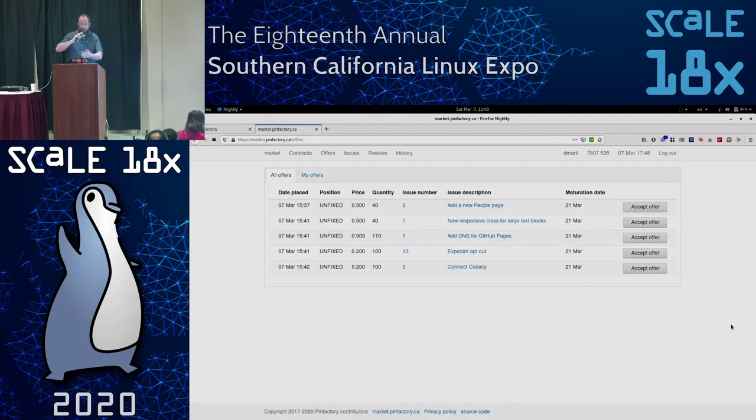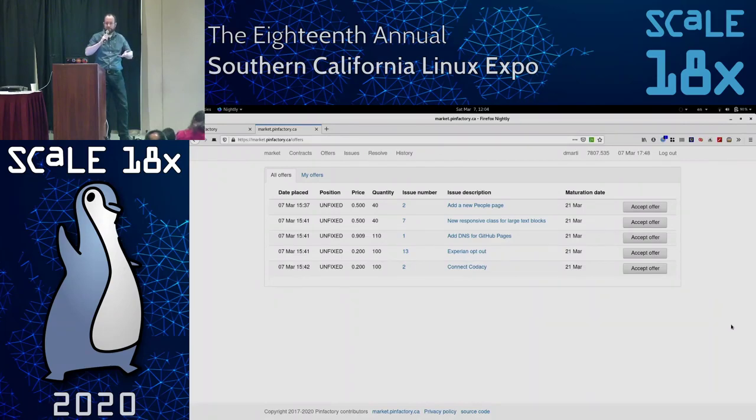All right, so there are multiple offers in the marketplace, and offers can have different prices. Some user might say, I'm willing to put up 200 tokens to fix this issue if the developer also puts up 200 tokens.